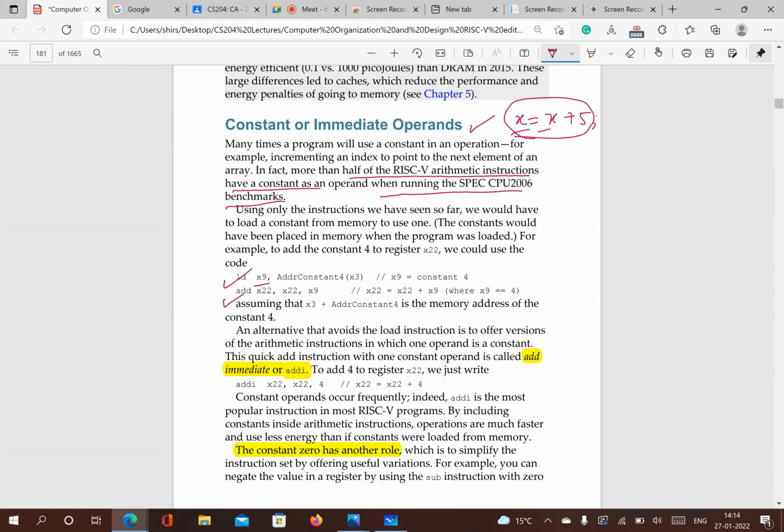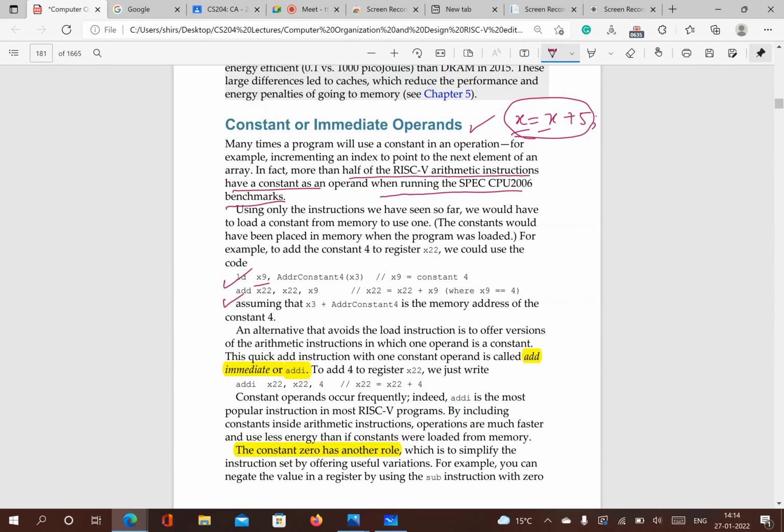Why? Because as it is written here, almost half of the instructions have a constant, and if for each constant the constant part is stored in memory, then every time we have to go to memory and fetch the data. Going to memory and fetching data is a time consuming process, right? So that's why the alternative is to use another type of instruction, where the constant part is embedded